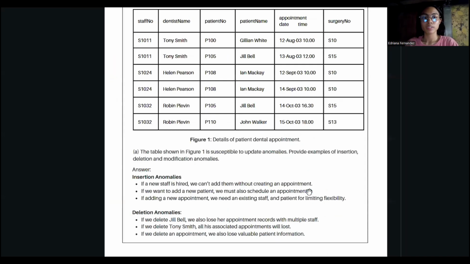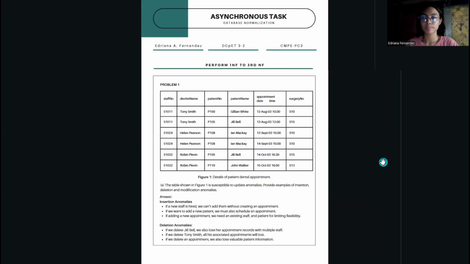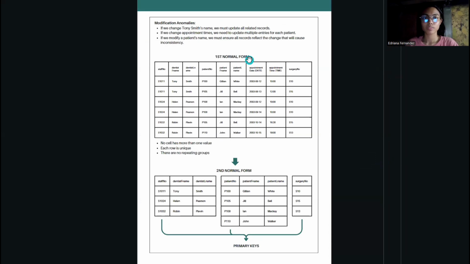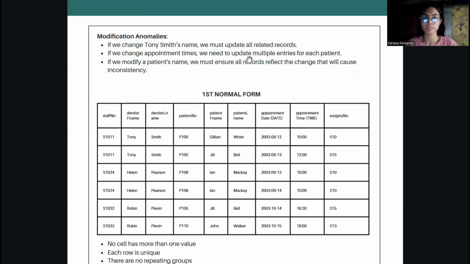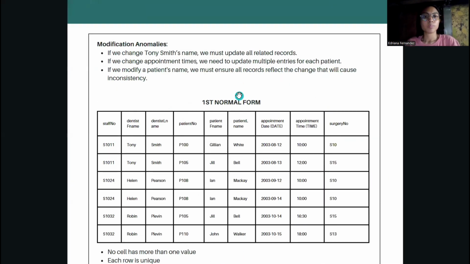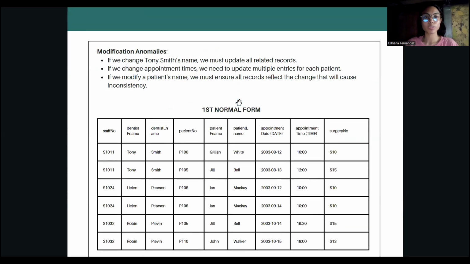So next we have modification anomalies. If we change Tony Smith's name, we must update all records related to Tony Smith. If we change appointment times, we also need to update multiple entries for each patient. If we modify or change a patient's name, we must ensure all records reflect the change, that will cause